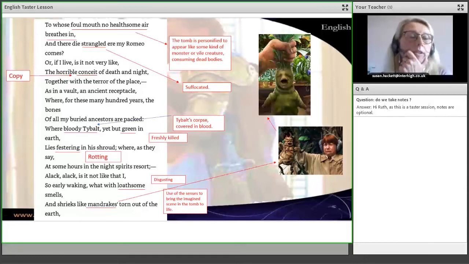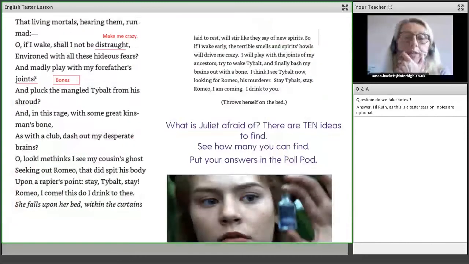Alack, alack, is it not like that I, so early waking, with loathsome smells and shrieks like mandrakes torn out of the earth,